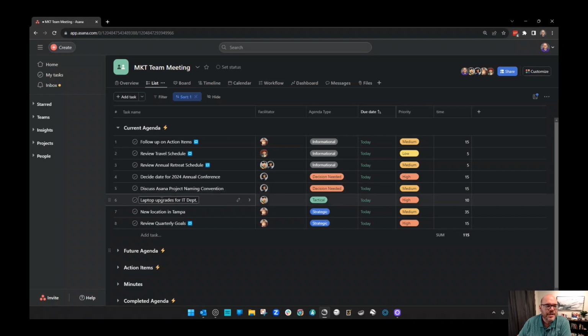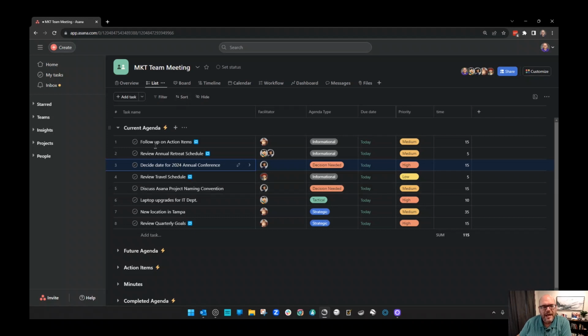However, if I want to rearrange ad hoc or live, let's say during the meeting, maybe we're 10 minutes into the meeting and I look at the agenda and everyone's having a conversation and I realize, you know what, we need to adjust the agenda on the fly. I can't make any adjustments because it's sorted. So I leave that sort turned off so that I have the flexibility at any given time to say, you know what, actually once we finish following up on these action items, I want to go right to the retreat schedule and I want to talk about the annual conference. So I could just move them on the fly during the meeting. Most people don't even recognize or know it, but it gives me control,